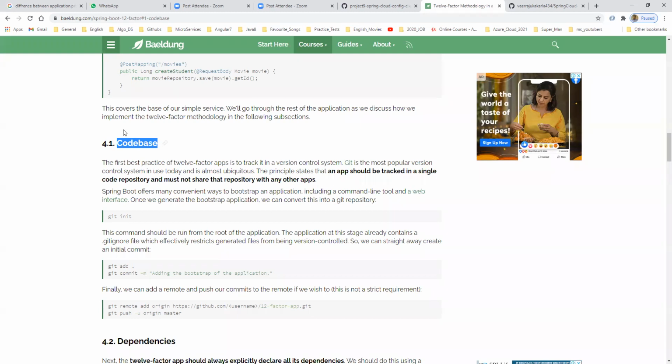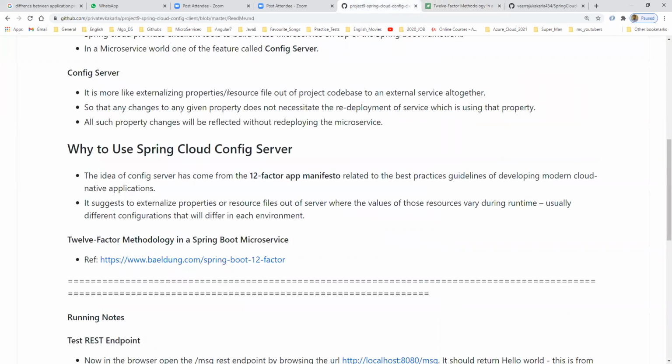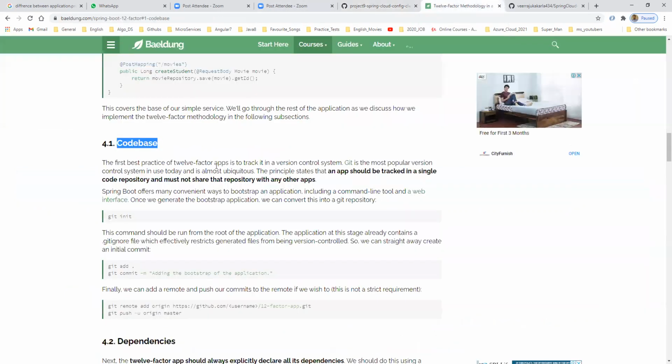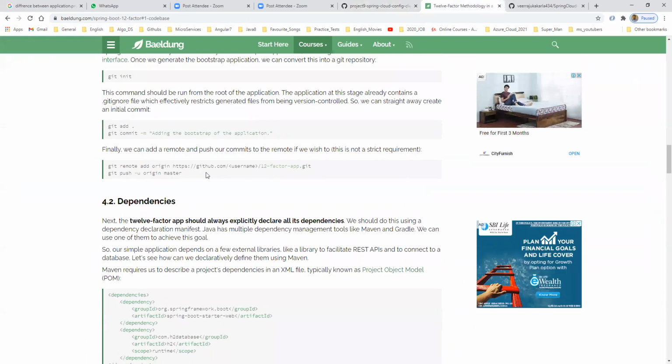We are maintaining our code in GitHub, right? All projects are maintained in GitHub. We are pushing the code to GitHub so that you people can access it wherever you are in the world. So all our code bases are maintained in GitHub. All the companies are following like this only, and our project is also following like this. Fine, GitHub, pushing and commit.